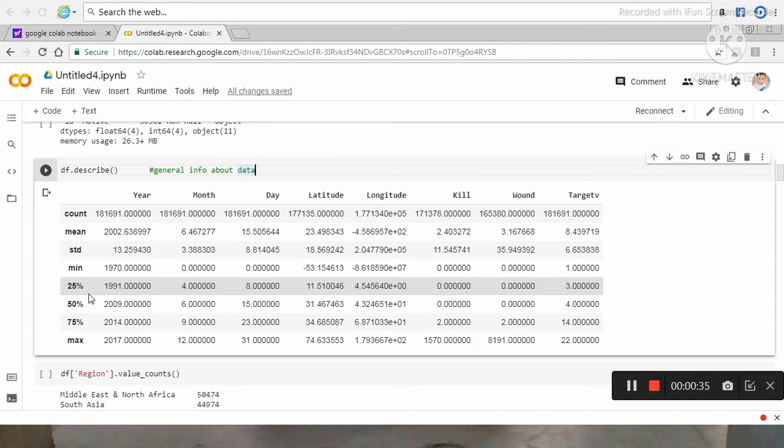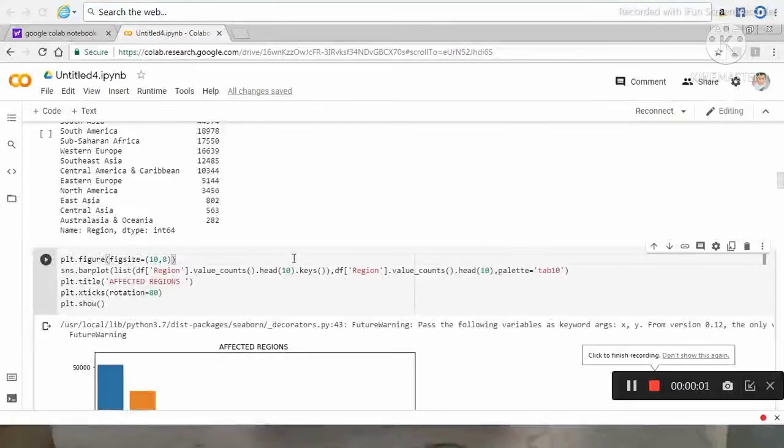It will divide your data into categories: in the first, the value of your data is below 25%. In the second class, it is above 25% and below 50%, and in another, it is above 50% and below 75%. Okay, now we start visualizing our data by using plot functions.